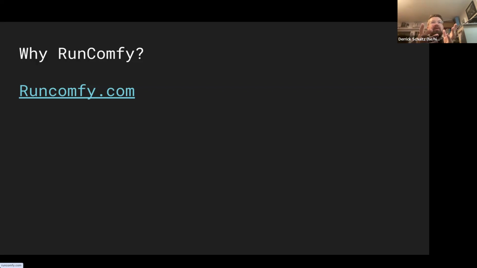I know there are other tools that people like to use. So if you're a fan of Colab, there's a Colab notebook you can run Comfy off of. It's a little hit or miss with some of the third-party installations. There are other tools. I think someone said they use Run Diffusion or Think Diffusion. There are ways to run Comfy off those. The problem with all those is that they don't come pre-installed with stuff, so you're going to spend a little bit of time installing things. And that is kind of the burden you bear of trying to go local. So in general, I'm going to say it's worth the money to pay for RunComfy. But if you want to go the extra mile and do something local, you're more than welcome to, and I'm happy to help with that setup.